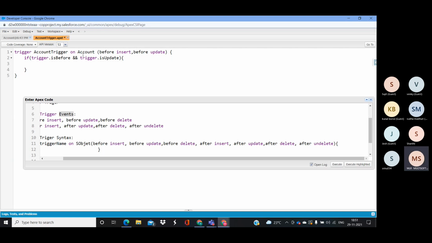See, so this is the trigger, guys. As per our syntax, trigger name on sObject. Here the object is Account, and these are the trigger events: before insert and before update. This particular trigger will execute only before creating a record and before updating a record. So in these two conditions, this trigger will fire and it can perform whatever business logic is available within these